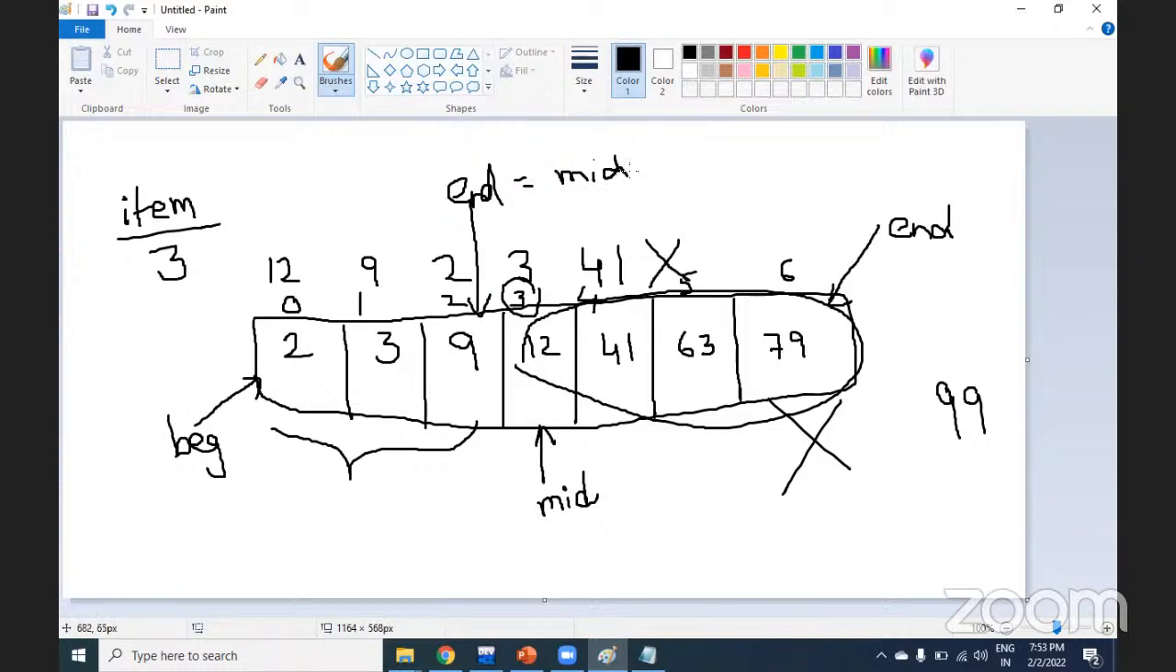Mid minus. Try to understand this logic. This is very important. So the end value moves to mid minus 1. Then only can I treat this as an array. So beginning and ending. Say for example, if it is greater than,